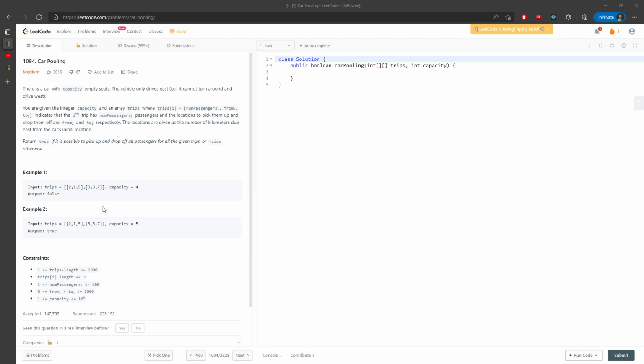Let's talk about the car pooling. There's a car with empty seats, with capacity, an integer, right? So you have a trip array. Trip i is going to represent the number of passengers, from and to. So this is from the city to the city, right? And the number of passengers actually determines how many people